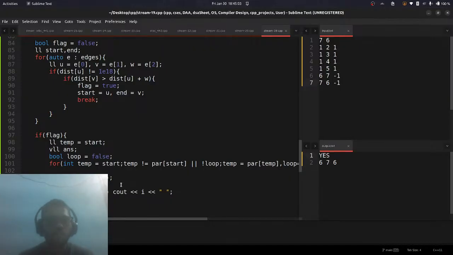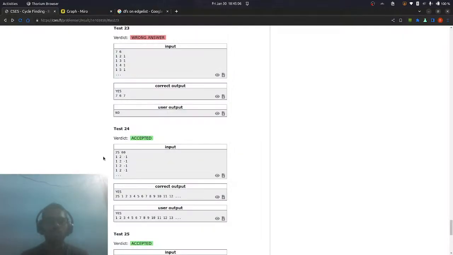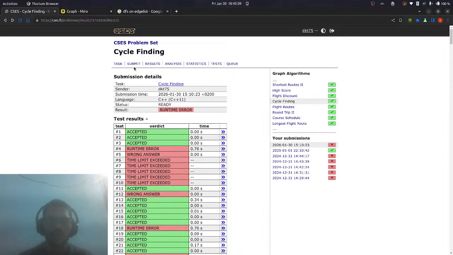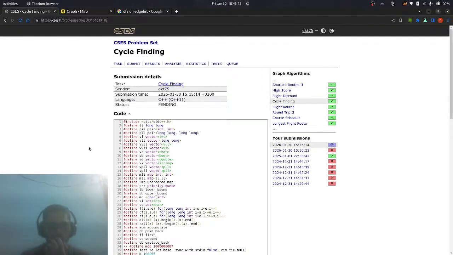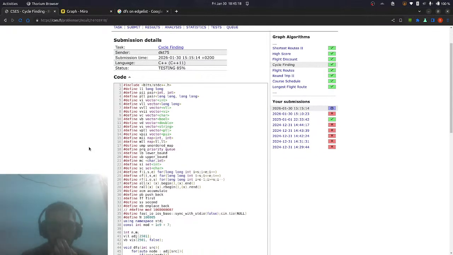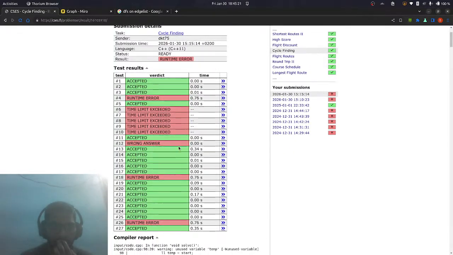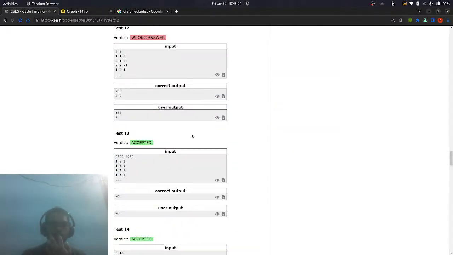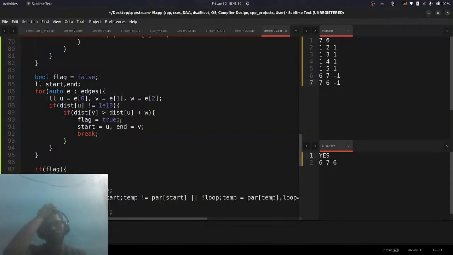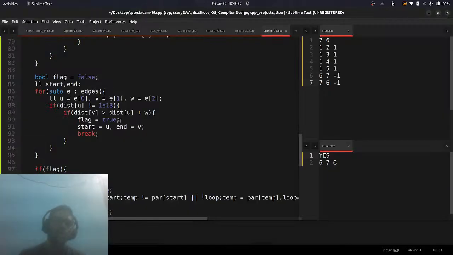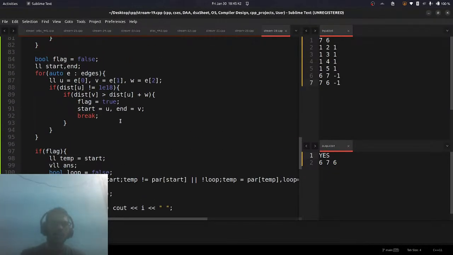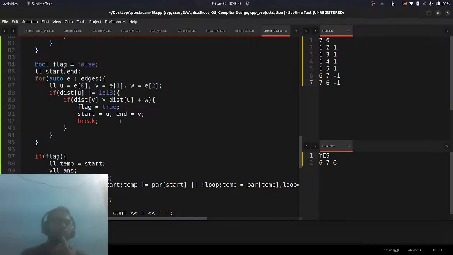Yes. So the wrong answer thing is I don't think it should be a problem now. The only issue is with the time limit exceeded or runtime error. Okay, wrong answer. Still I'm getting wrong answer. Yes, 2 2. Okay, so 2 has an edge to itself now. So 2's parent is 2 itself. So